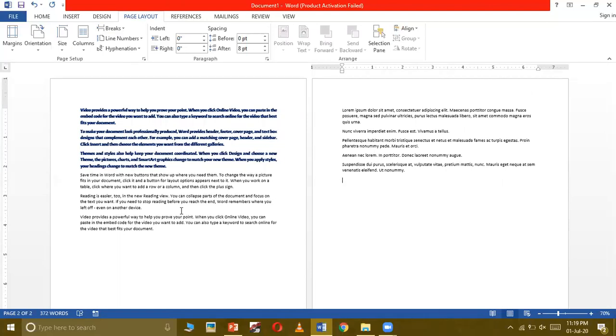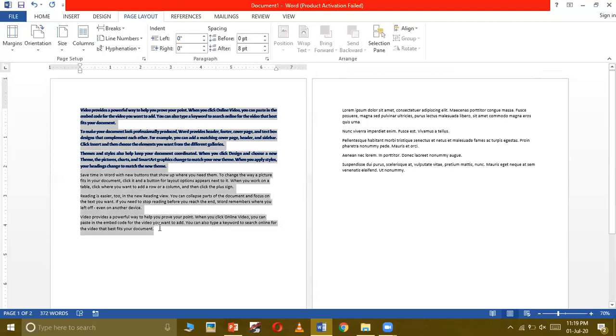And another option in this same was the column break. Now for column break, we need two different columns so that we can understand what it means. So let's create two columns. So first we need to select the text which we want to divide into different columns. Then we need to go in the page layout tab.